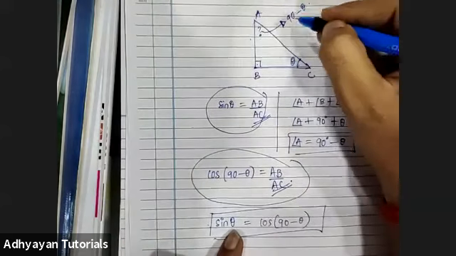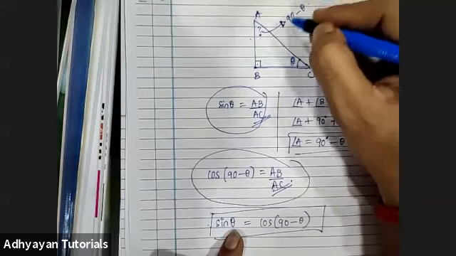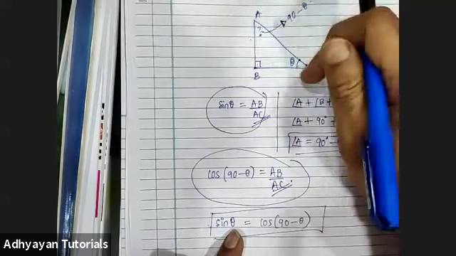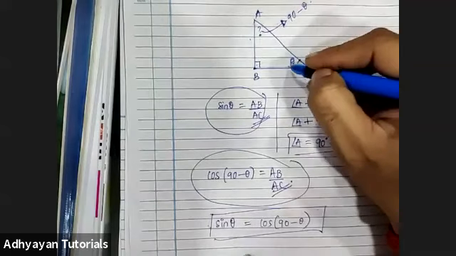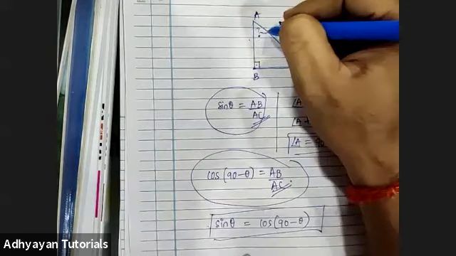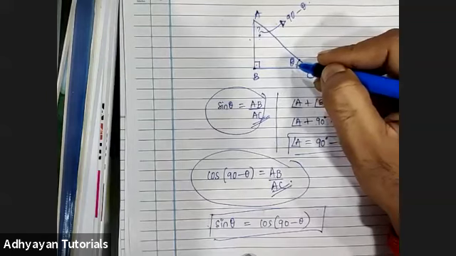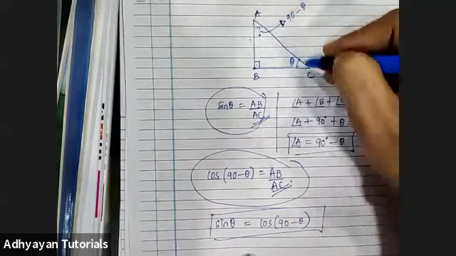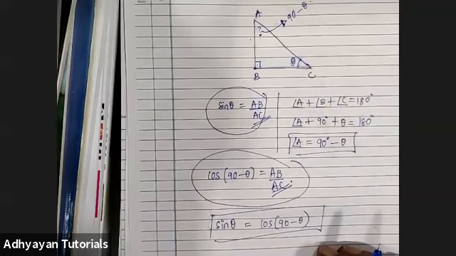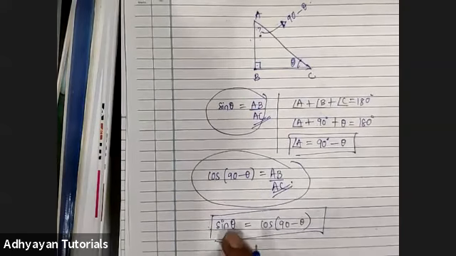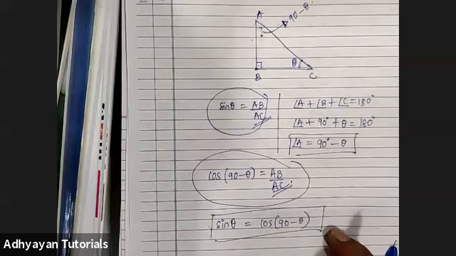Because theta और 90 minus theta को जब आप ऐड करोगे तो आंसर 90 आता है, मतलब ये दोनों एक दूसरे की कॉम्प्लीमेंट है. अगर एक 1 डिग्री है तो दूसरा 89 डिग्री है, एक 2 डिग्री है तो दूसरा 88. I hope that is clear. 3 87, 4 86, so on and so forth. दोनों को मिला के 90 होता है. And hence all such formulas we call those as complementary formulas.